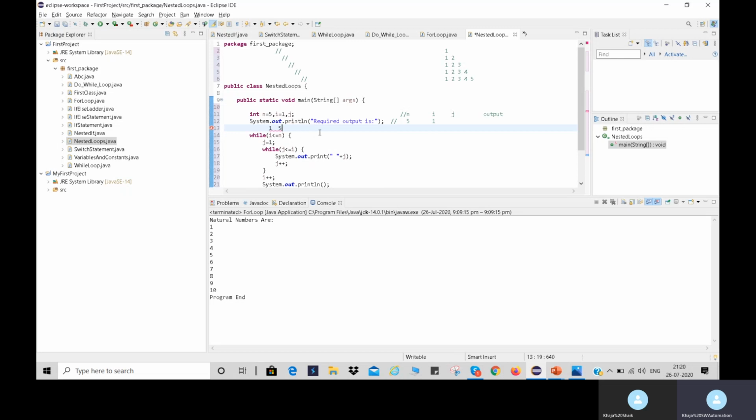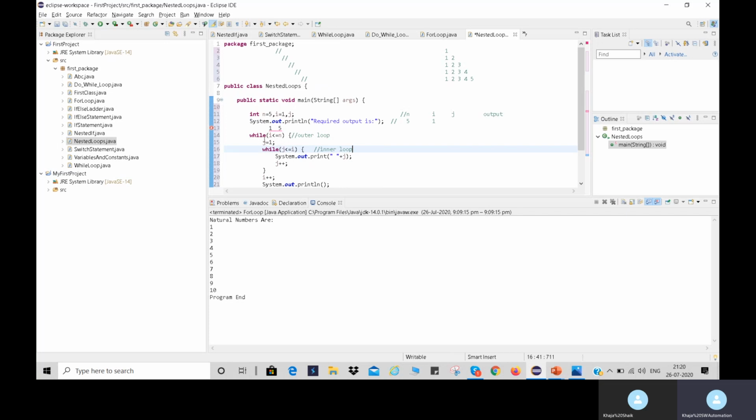This is the outer loop, and this is the inner loop. While i is less than or equal to n, 1 is less than or equal to 5, the condition is true, so we enter this outer loop.